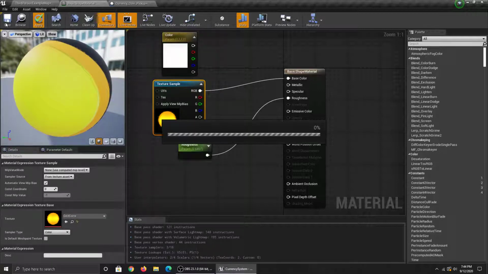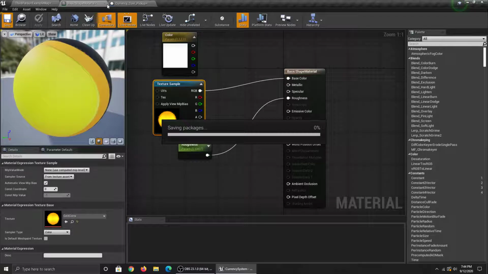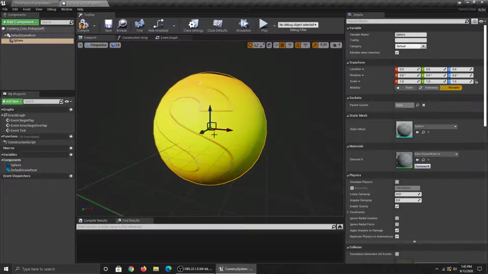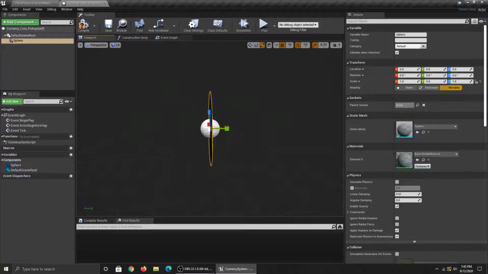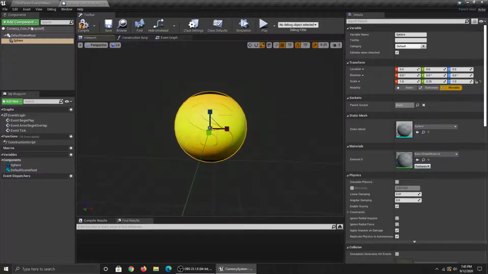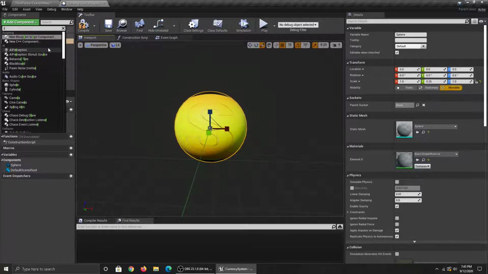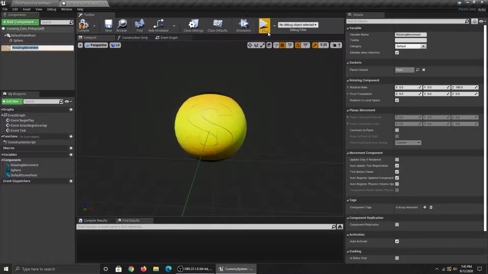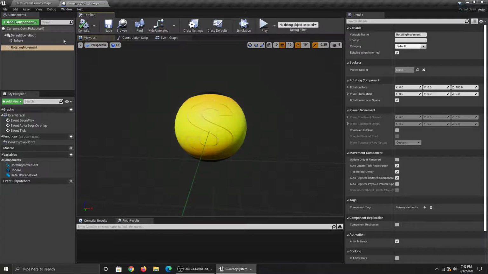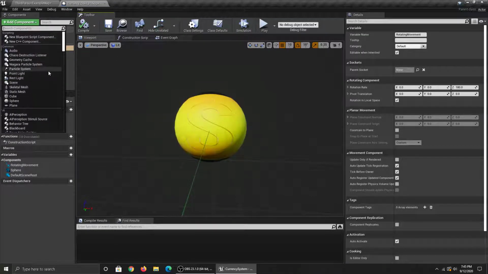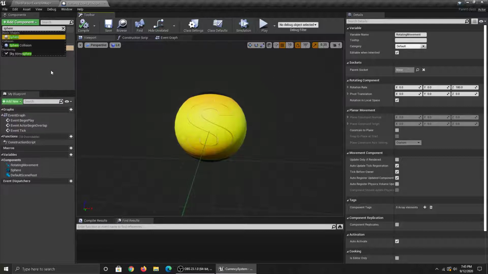And normally you would create like a custom material and do all that, but you guys can do whatever you want, use whatever static mesh you like. This is just a quick way for me to be able to do that. So you can see here I've got a mesh, and it looks pretty decent for what I'm trying to do. So I'm just going to give it a little bit of depth so that it's kind of like a round coin. I'll then go ahead and add a rotating movement to this. And if I were to hit simulate, it just spins on the ground just like that, which is exactly what we want. I'll then go ahead and add a sphere collision